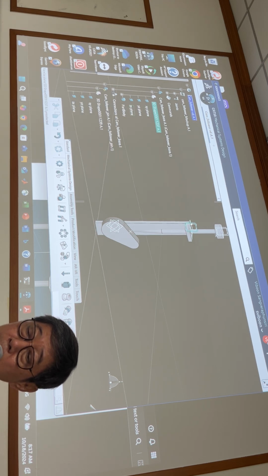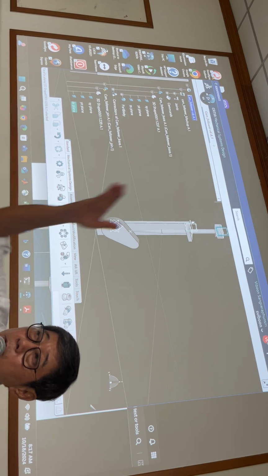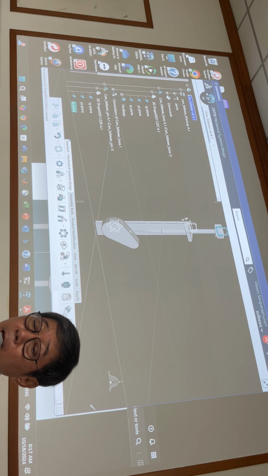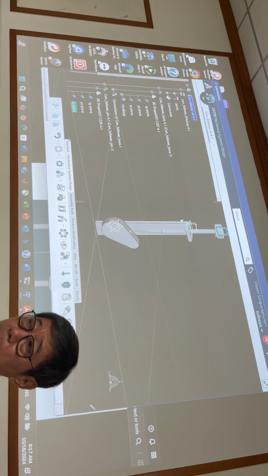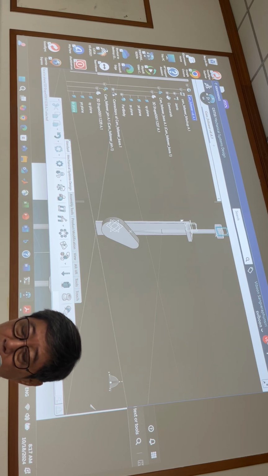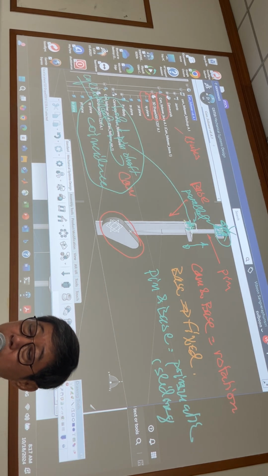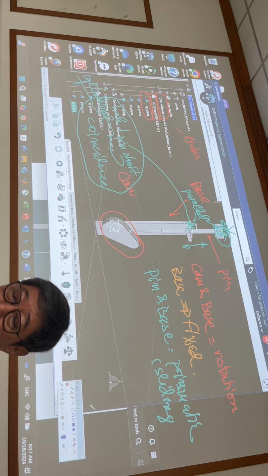If this plane belongs to this pin, and this plane belongs to this base, and you make them parallel, the pin cannot rotate with respect to this hole. That changes the cylindrical joint to a sliding joint. So in this case, you have rotating, you have fixed, you have prismatic